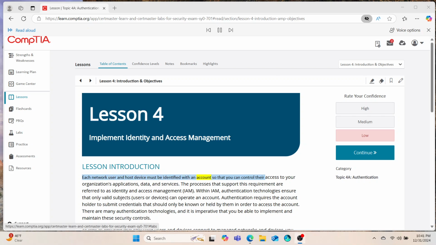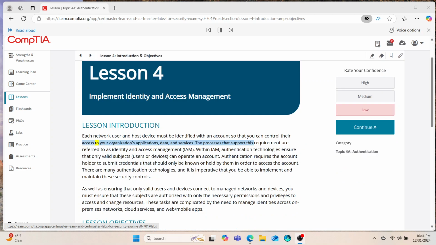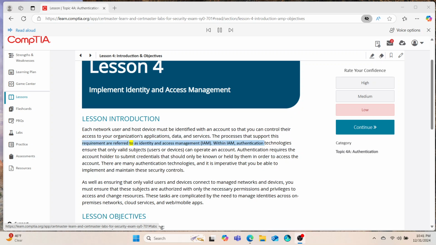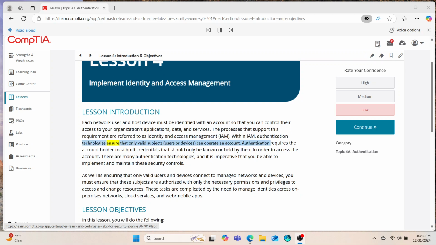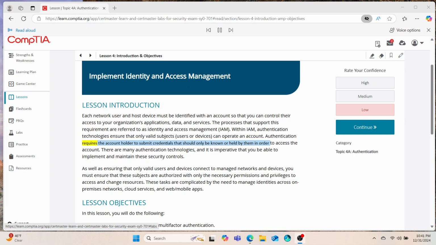be identified with an account so that you can control their access to your organization's applications, data, and services. The processes that support this requirement are referred to as Identity and Access Management, IAM. Within IAM, authentication technologies ensure that only valid subjects, users, or devices can operate an account. Authentication requires the account holder to submit credentials that should only be known or held by them in order to